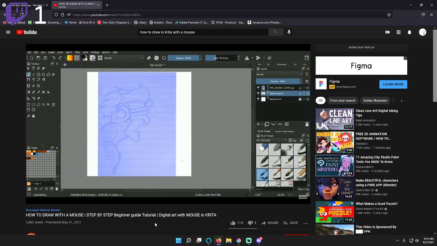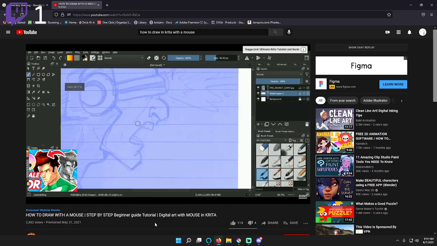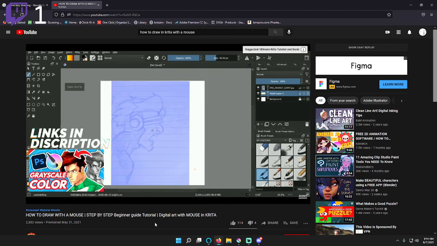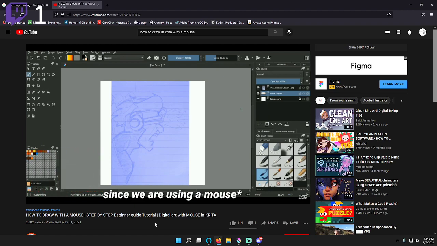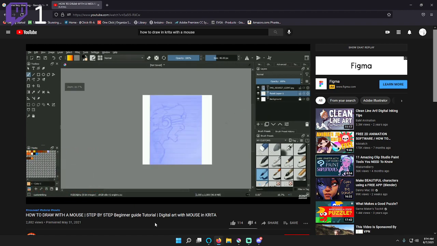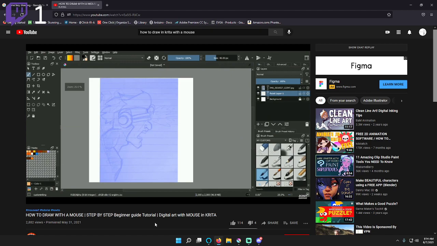Now coming to a line art layer, if I had to draw it normally using a drawing tablet, I would have used this normal brush tool because it would have simply done the job for drawing your artwork. But since we are not using a tablet, it's not the best option. Still, if you want to use this brush and get the best results out of it,